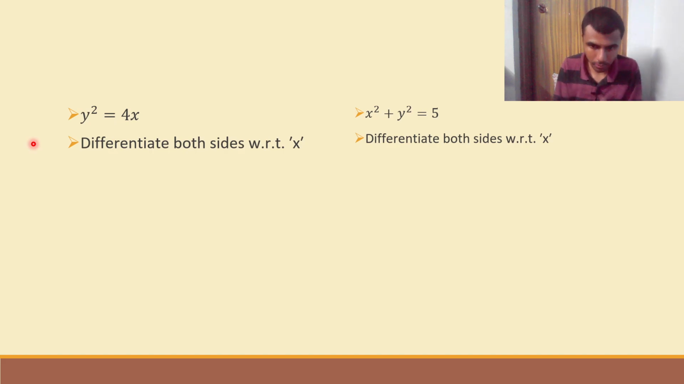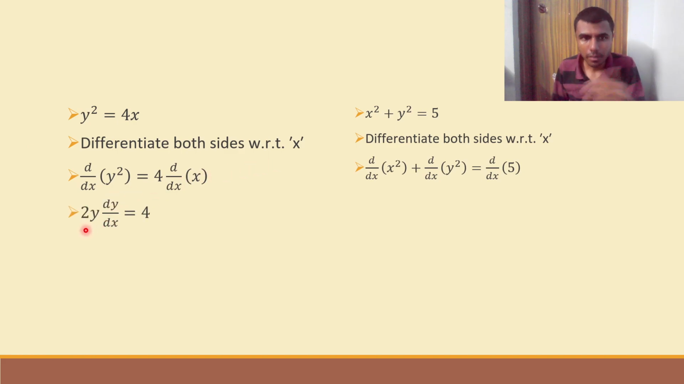So as per chain rule, I get 2y dy by dx equal to, and derivative of x is 1. Okay, you can see this intermediate step. See, derivative of y square is nothing but 4 derivative of x. This 4 is a constant, so it can come out of the derivative. Fine. So 4 into derivative of x, and derivative of y square, I explained it is 2y dy by dx